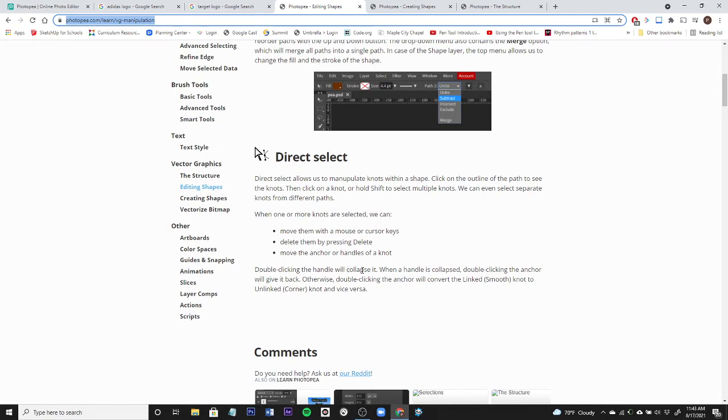Double-clicking the handle will collapse it. When a handle is collapsed, double-clicking the anchor will give it back. Otherwise, double-clicking the anchor will convert the linked smooth knot to an unlinked corner knot, and vice versa. So we're going to go over this in just a second, but this smooth versus corner knot is important, and there's another illustration here